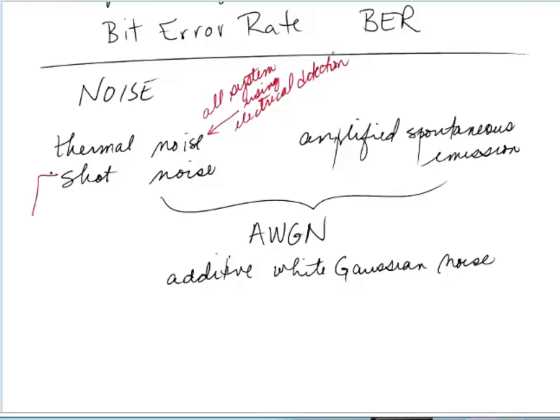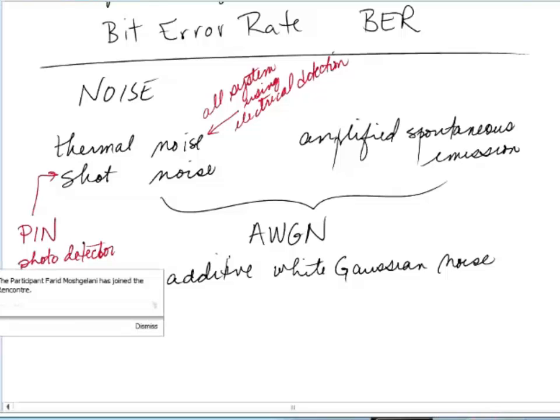Shot noise is found in various communication systems, but most importantly for optical communication systems, it comes from the PIN photodetector. So these two sources of noise, both the thermal noise and the shot noise, are characteristics of photodetectors. We'll be focusing on the PIN. We won't be looking at APD. You can certainly find out theory about these and others, but the basic concepts are the same and the simulation aspects are similar, so we'll be just focusing on the PIN.